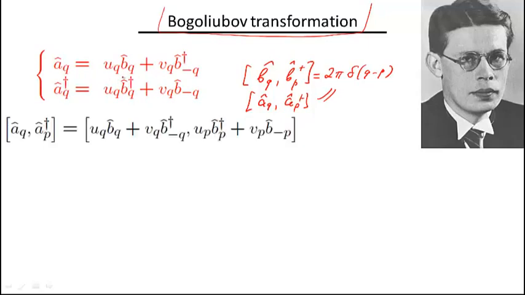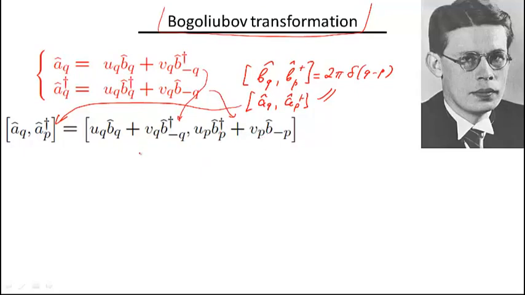So if I calculate this commutation relation that I already know, the commutator of a sub q and a dagger sub p, I simply plug in these definitions here and here, replacing q with p, and I just calculate the